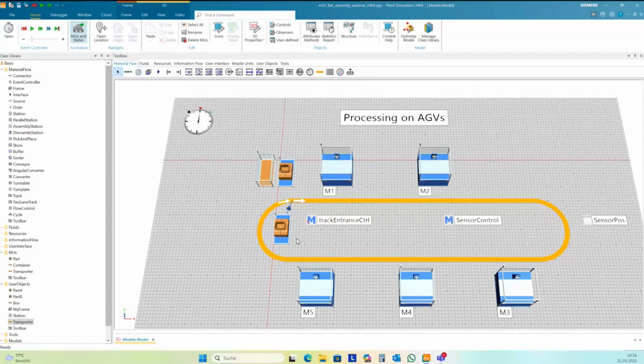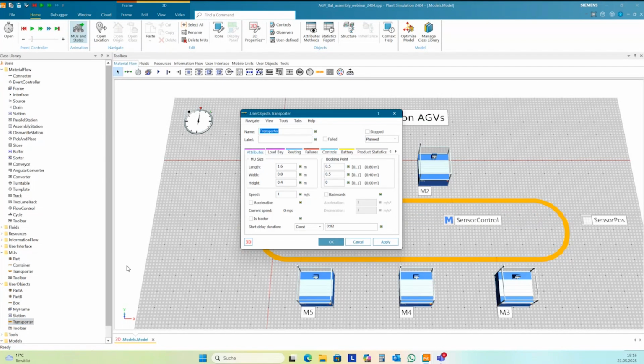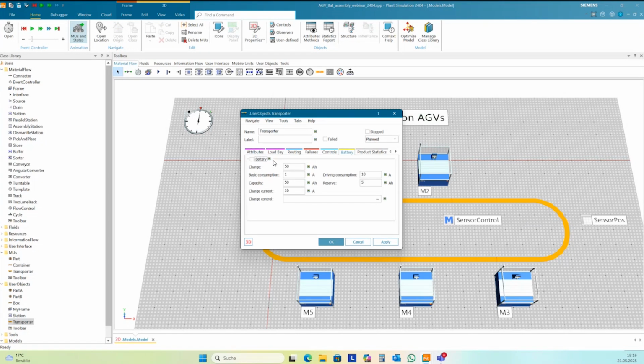So, and now I need to activate the battery in the transporter in the class library. And you find one tab battery here. By default it is deactivated, and you need to activate this.